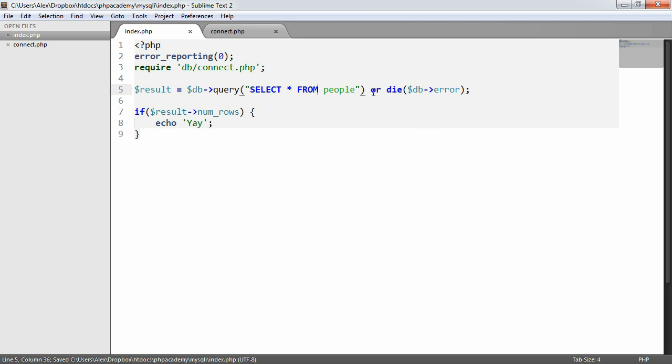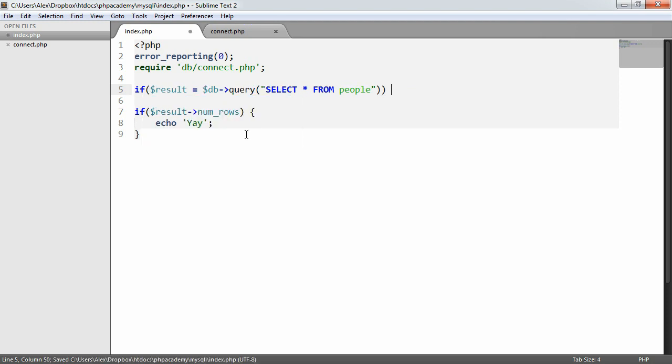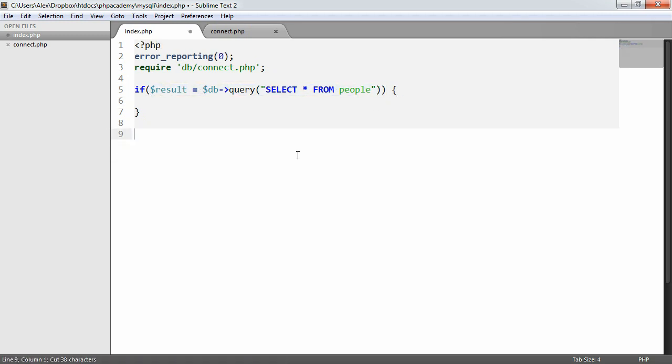So probably a preferred way is not using or die, because it's not very user friendly in terms of the process of your application. You want to actually do something if this query isn't successful. So what I tend to do is if, like this. And what this is doing is it's encapsulating this assignment to this result variable, but also checking it at the same time. So what we can then do is we can copy and paste our if statement from here,